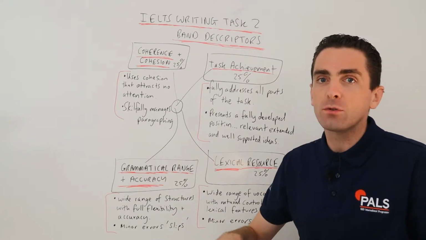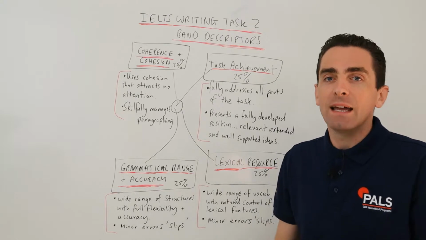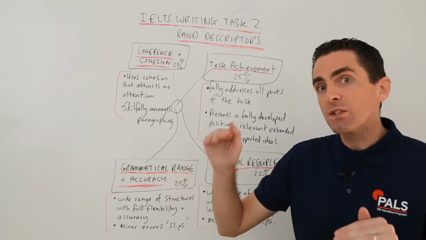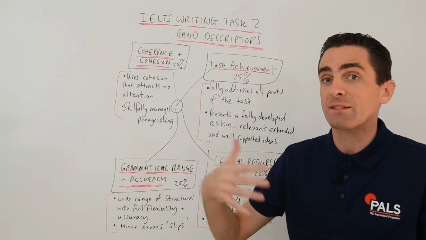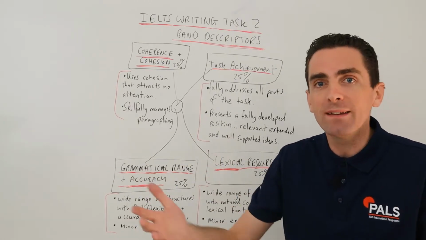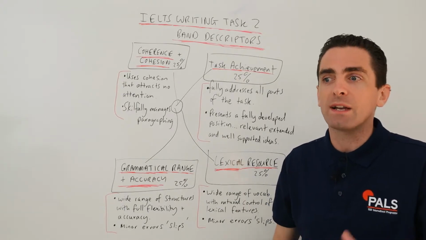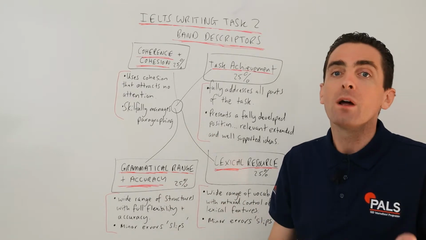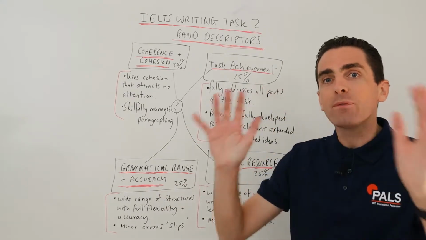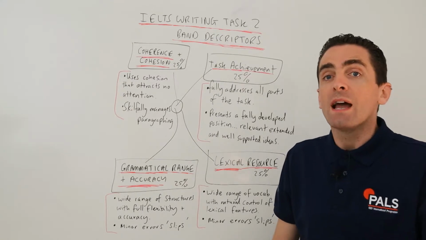If it's an opinion essay, you need to make sure you have an opinion. If it's asking you to discuss two different people's opinions, you have to make sure you do discuss those. If it asks you additionally for your opinion about both of those, you have to give your opinion as well. If it asks you for the advantages and disadvantages, you have to talk about both of those. So everything has to be addressed with regard to the question,